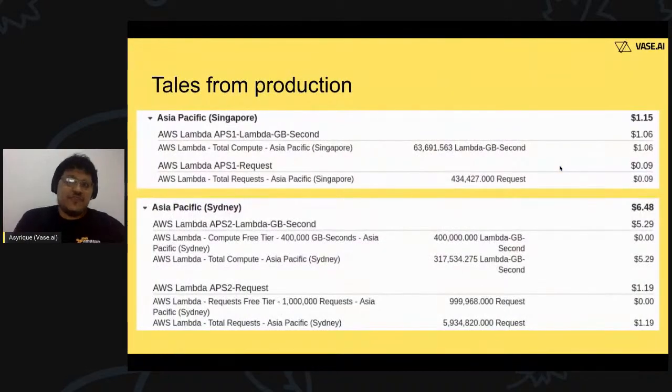Yeah. So let's move on to how our production deploy went. This is a snapshot of the Lambda section of our bill for July. So we deployed our server engine. At Vase, we basically build software, as I mentioned just now, that helps companies ask questions to respondents. Then the respondents answer and we collect and analyze the data and help companies understand the data so that they can build better products.